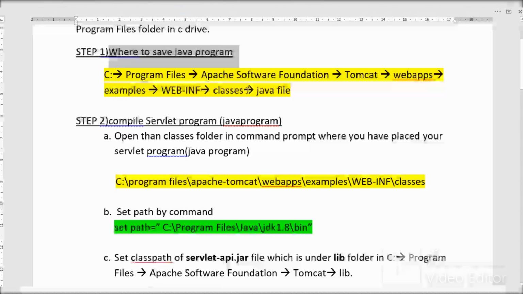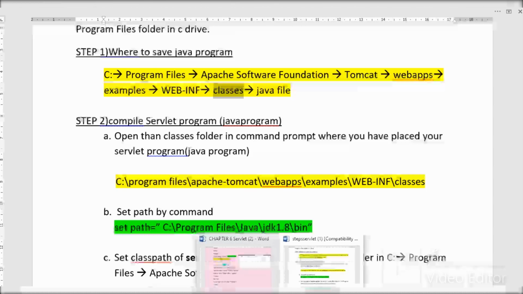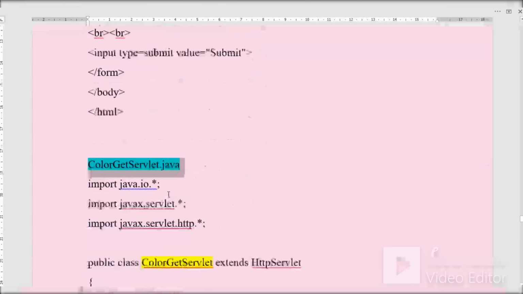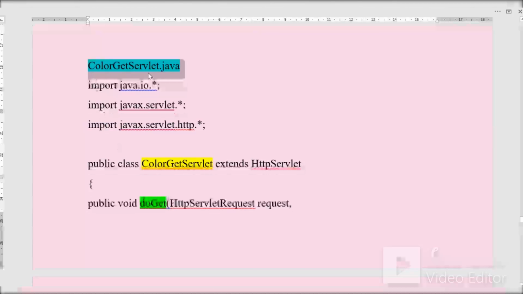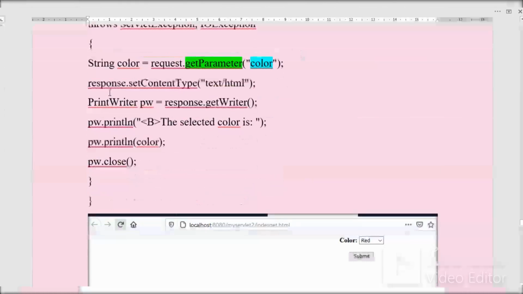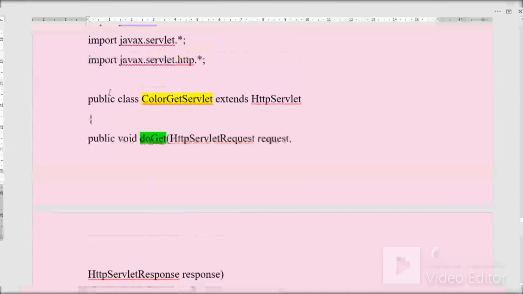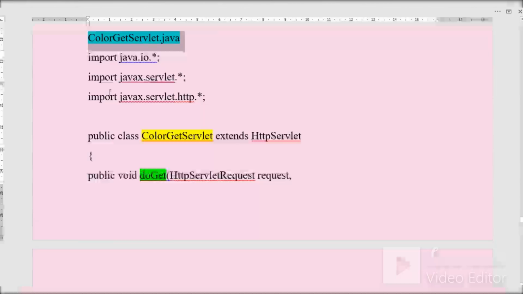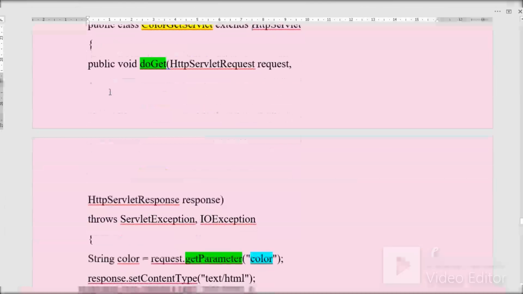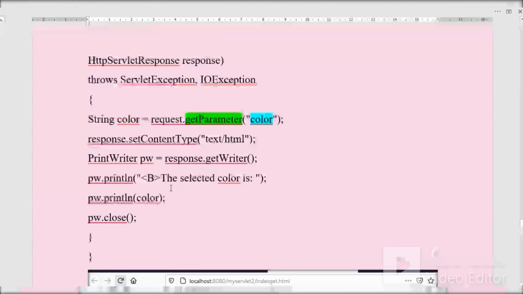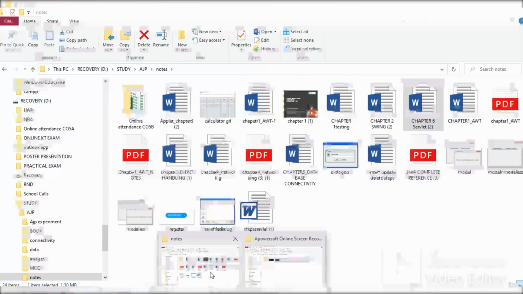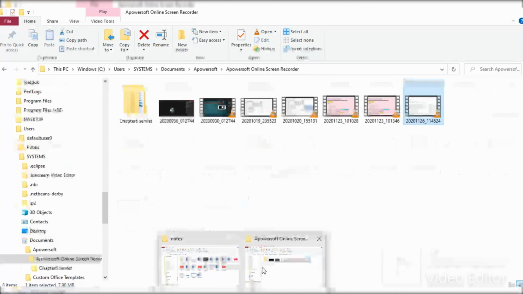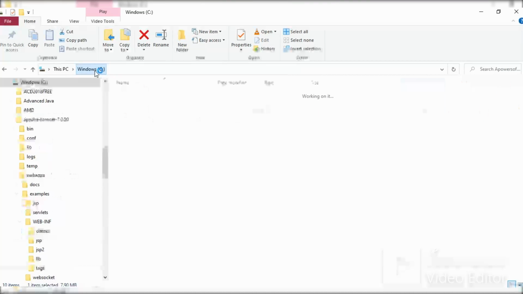Now first you should save your Java program in the classes folder in Tomcat. So where is your Java program? This is your Java program, colorgetservlet.java. This Java program will be saved. Just write this code or copy this code in a notepad file and save that file in C drive,